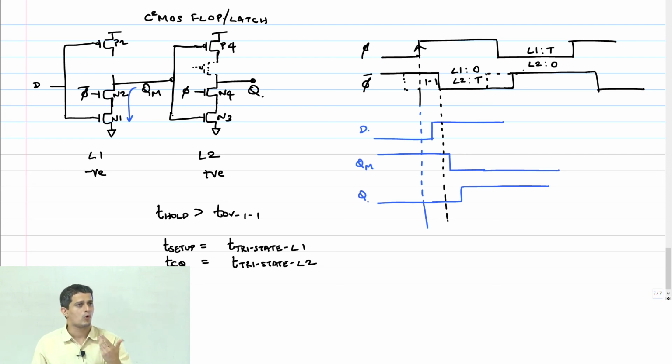Clock to Q now. What is clock to Q? Basically, my clock has gone high, which means that L2 has become transparent. It is how long it's going to take to charge Q. QM has already been set up now. QM has already been charged because of the setup time. It's only a question of how long QM takes to go to Q. That is clock to Q. Because when my clock goes high, that means it has sampled the data and L2 has become transparent. Q has to charge. So that is just a delay of L2 under ideal conditions.